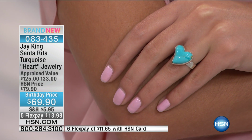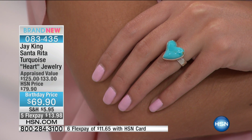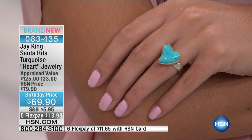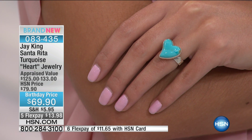It really is, I think, when you put it on your hand, it's comfortable, it's sweet, a perfect way to say I love you. Also, we have some pieces that will work back, but keep in mind the ring is already getting very limited, with everybody calling in, about 225 on the ring, about the same amount in the earrings. These will go. They will go on the day. If you get to see these later, you'll